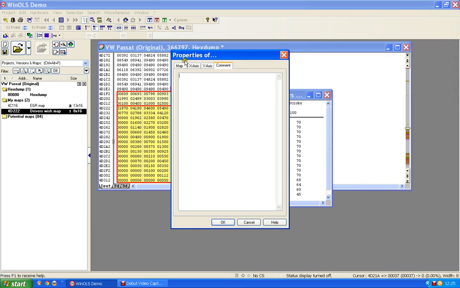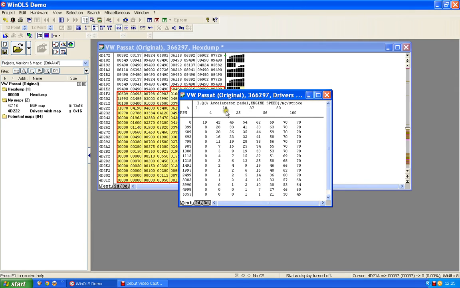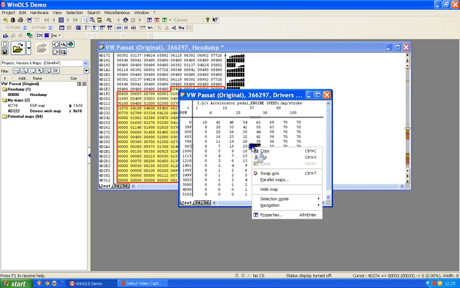Right, I'll just put that back on map, but again, we'll just get rid of that now. So what we've got then is our second map. We've got an address for it, we've given it a name, Driver's Wish, and we can say, yep, that's absolutely fine. Now what I'm going to do is just do something else while we're here before I end this video. I'm going to right click on there,